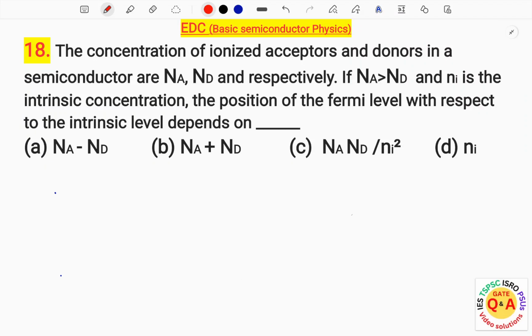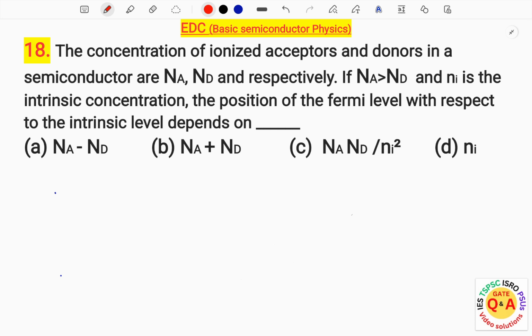Question number 18. The concentrations of ionized acceptors and donors in a semiconductor are Na and Nd, where A means acceptors and D means donors, respectively. If Na is greater than Nd and Ni is the intrinsic carrier concentration, then the position of the Fermi level with respect to the intrinsic Fermi level depends on